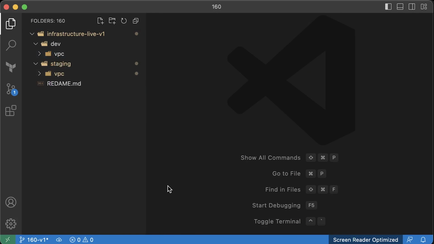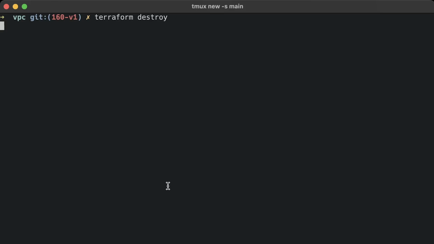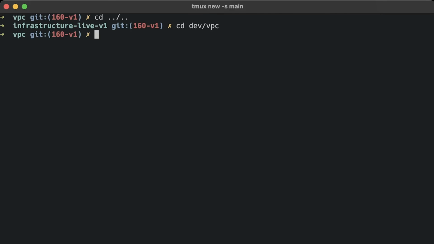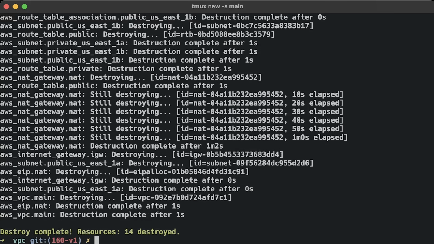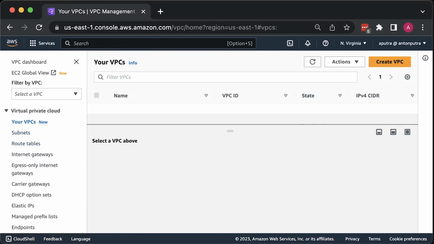But before we proceed, make sure to destroy the staging and dev VPCs. Once completed, you should not have any VPC in that account besides maybe the default VPC. By the way, you should not use the default VPC in any situation. It's only there for demonstration purposes, so feel free to delete it. Sometimes you may get an error that the default VPC does not exist, but it's a good sign that you